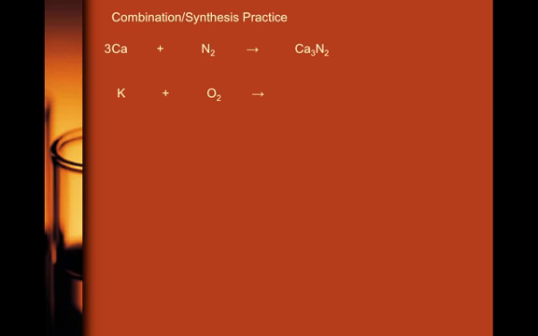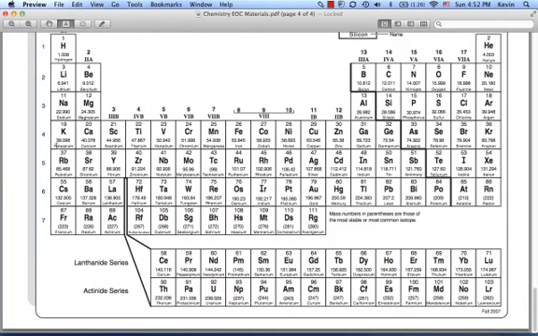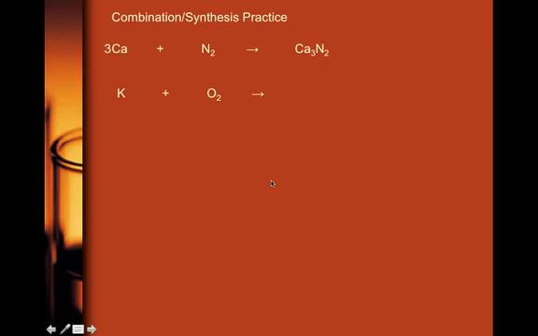Potassium reacts with oxygen. All right, so we need the charges of potassium and oxygen so we can put them together. And so potassium is over here in the 1 positive column. And oxygen is over here in the 2 negative column. A lot of these, you guys should know these by now, and I'm sure you do. And so if we look at the potassium 1 positive and the oxygen 2 negative and crisscross those, we get